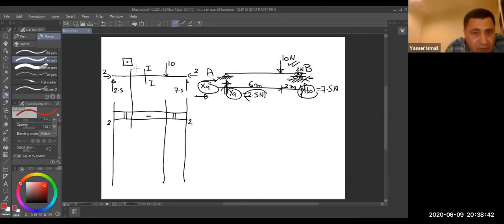Any section, section 2, has negative 2 Newton as a compression force. This is the internal force. What about